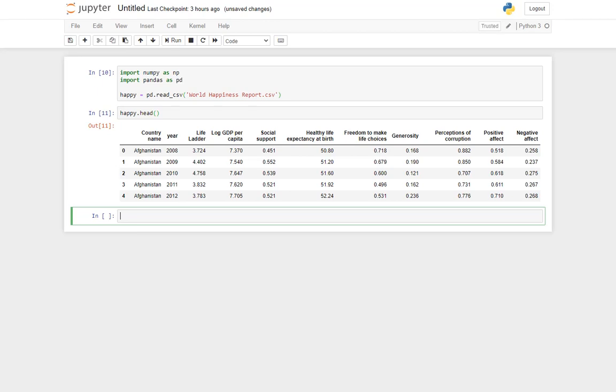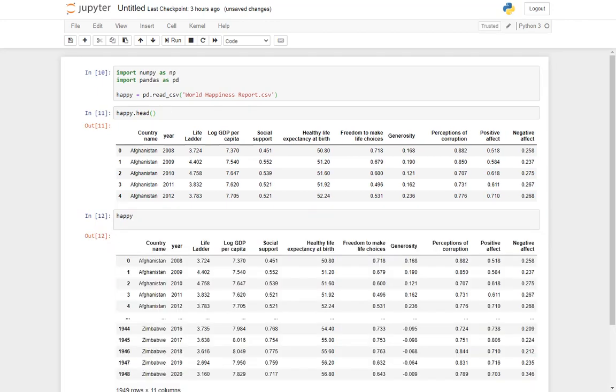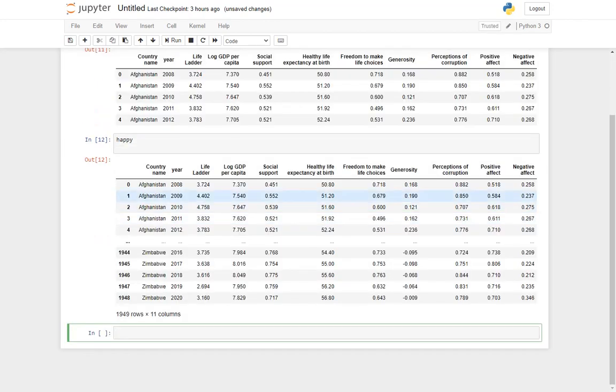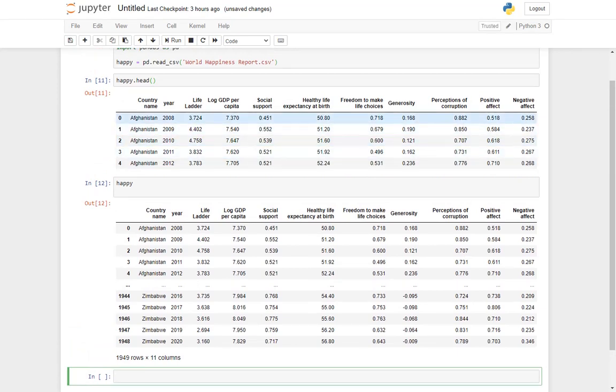So I have got the name of the country. Actually, there are many countries. If I show you, yeah, there are many rows from A to Z. There are many countries available, but here it is showing just the data of Afghanistan, since it is starting from A, and year wise it is showing data from 2008 to, I think, 2019 or so. So for each country the data is year wise.